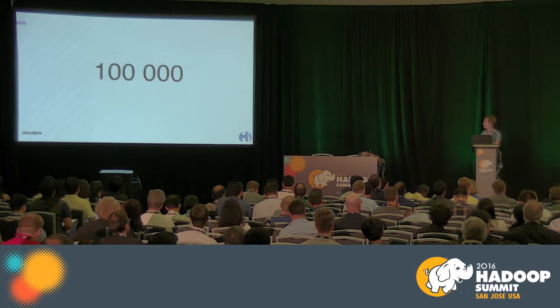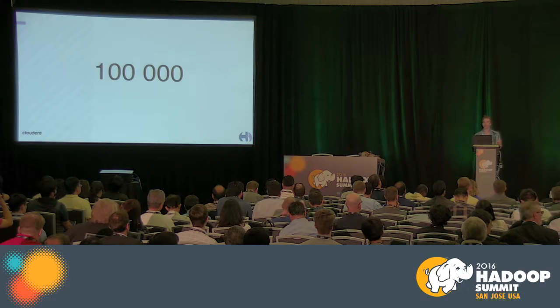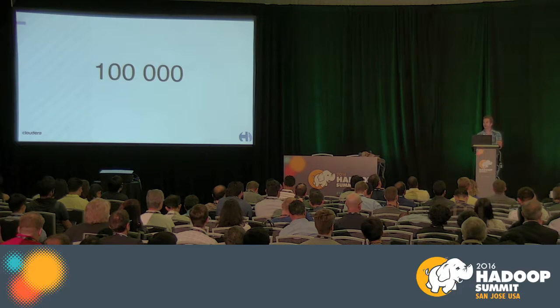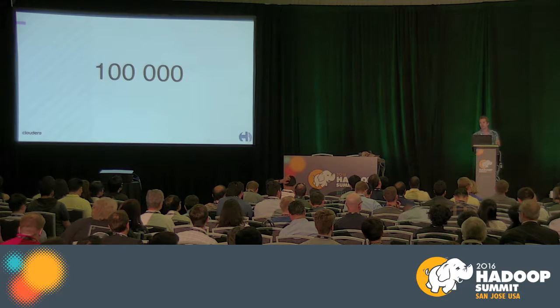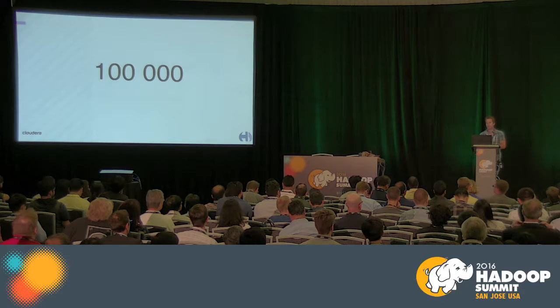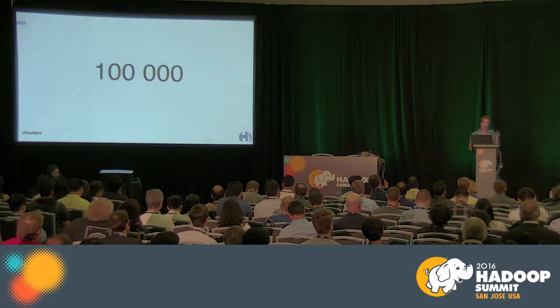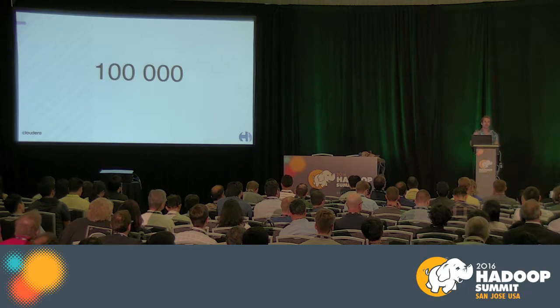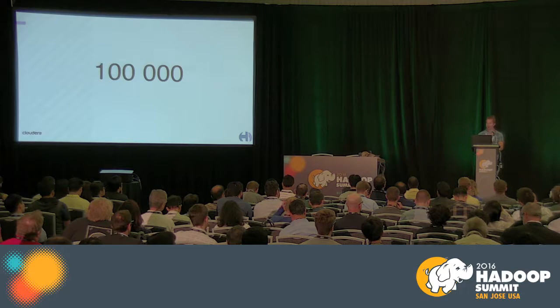So 100,000, who can guess what this number is? It's not the cost of Hue, because Hue is free. It's not the price of the raffle. Can someone give a guess? Downloads? No. It could be the number of Jira tickets, which is growing a lot now. This is the number of unique users in a month using Hue. Hue is getting really popular. It used to be one less zero at least, but it's rapidly growing.